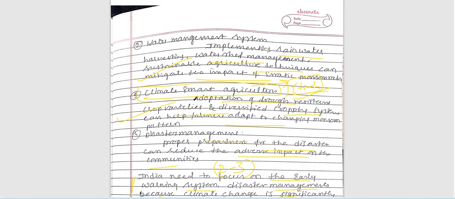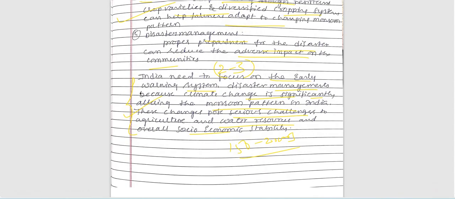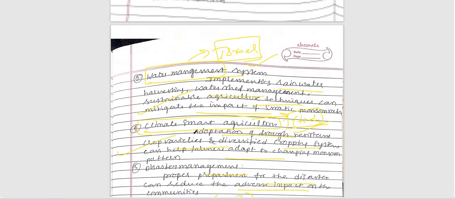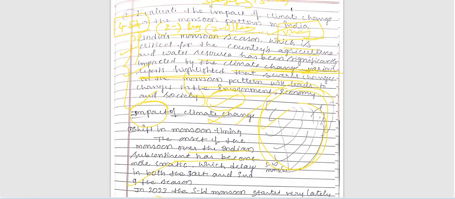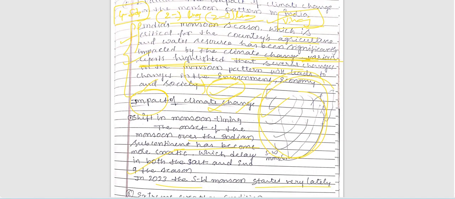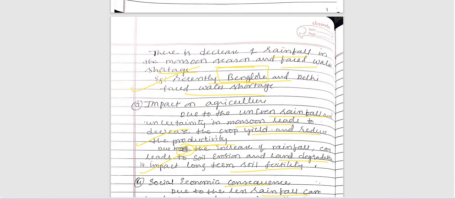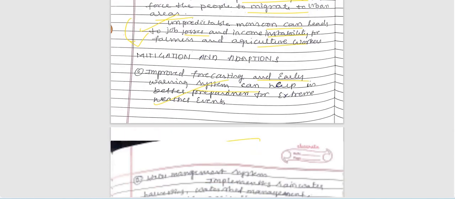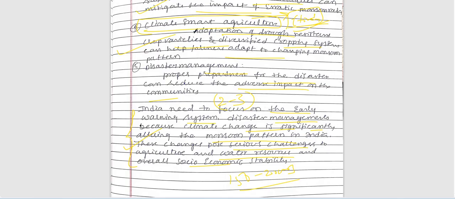Under water management systems, we can also include effective and efficient water management from Israel. Those examples were missed here, so please check it. And also internationally, we need to include reports, some sort of examples. You have already included examples like Mumbai, Kerala, Chennai, Hyderabad, and the Bangalore floods. In the same way, we need to include reports and indices also.